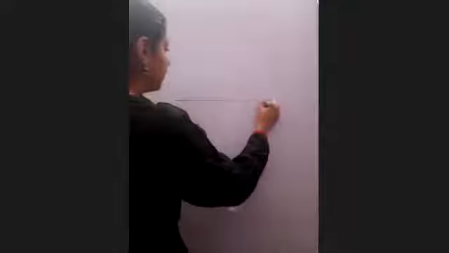Children, to start with the construction of triangles, we need to do one more basic result. So let us first take care of the basic result, which we will be using in the main construction, and that main construction will be construction of triangles. Now see, suppose I have this line segment AB,